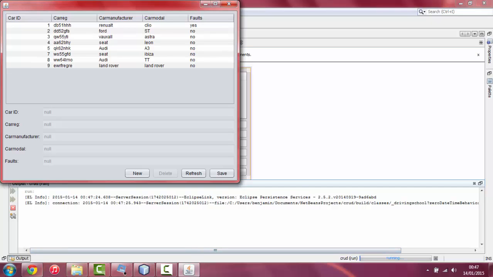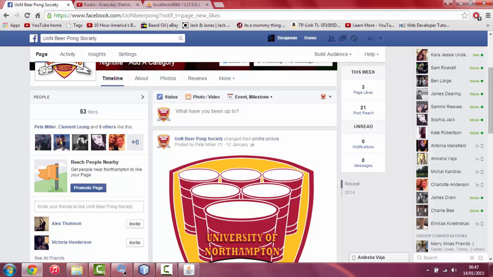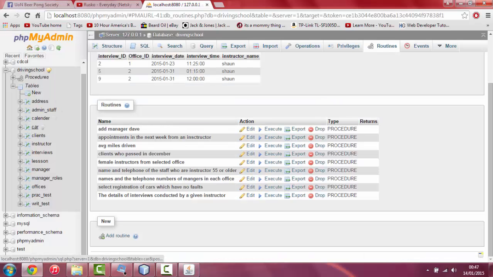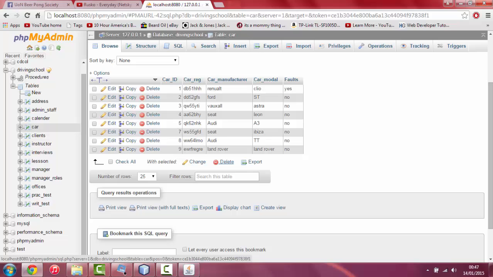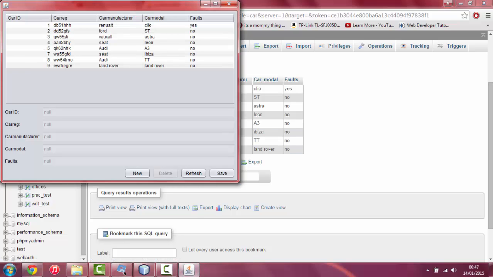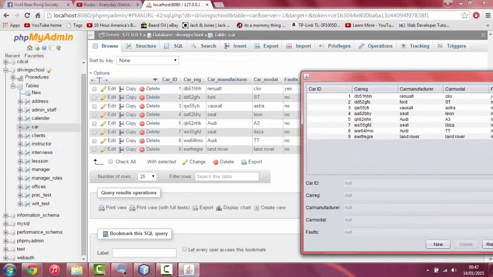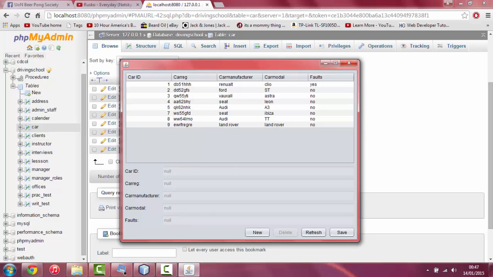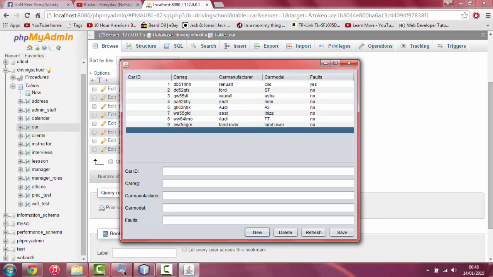As you can see, if we quickly go to the database and go to cars, it matches everything that's in the cars. So say if we want to add a new one, add a new data entry, we go on new